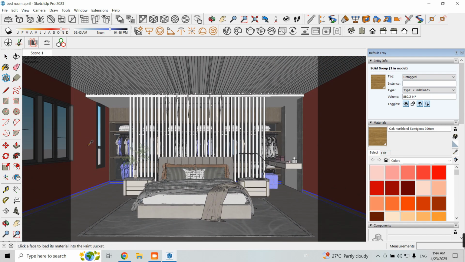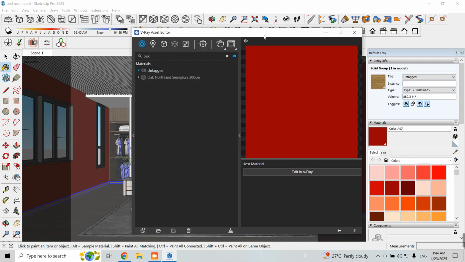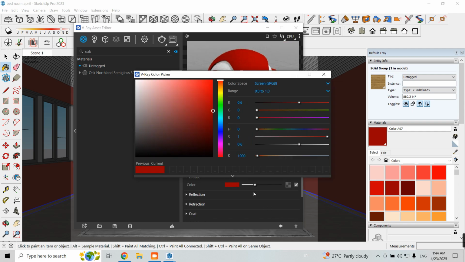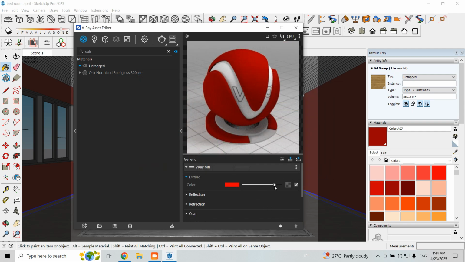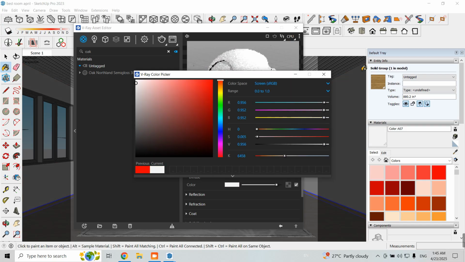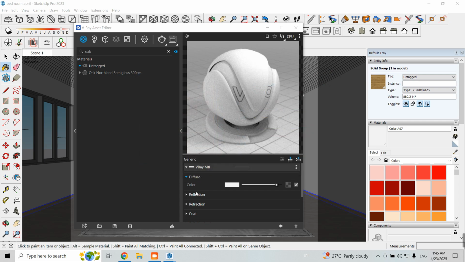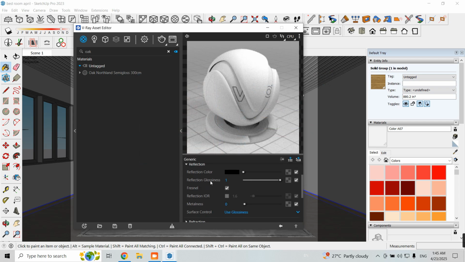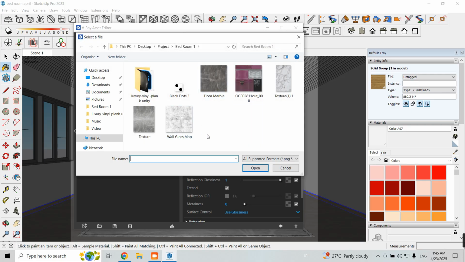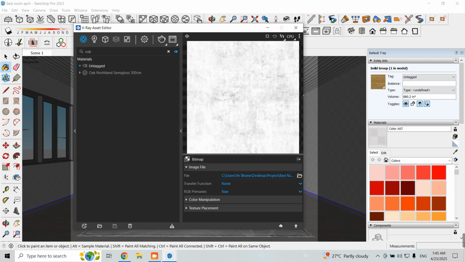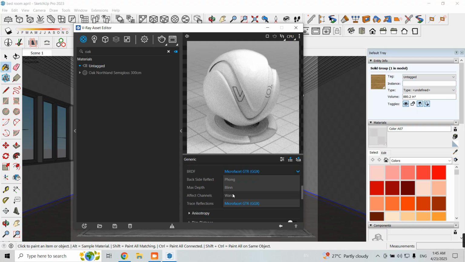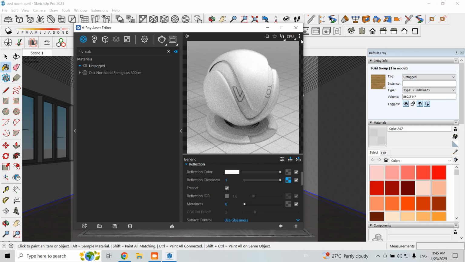Click on this one. I want it to be the white color, a little bit white, like 90% white. Yeah, okay. So I want to add glossiness here. Mark this much. Now you can see